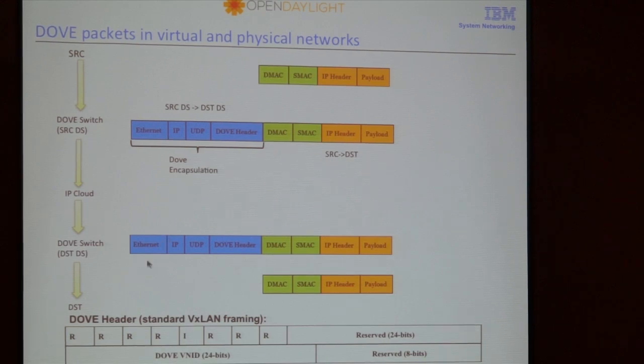It shows up at the destination vSwitch, using the outer address. The vSwitch strips off the encapsulation header, and then it delivers the packet to the destination VM. Right. So this is very standard overlay operation. I just wanted to make the point that we use VXLAN. So VXLAN, if you look at the IETF draft, it doesn't really mention a control plane. It talks about things like IP multicast as a way to discover endpoints that you don't know about. We don't use any of that, but we do use the packet framing that they define, right? The standard VXLAN